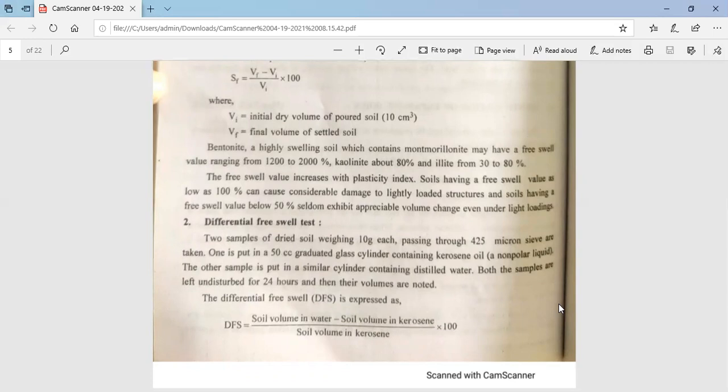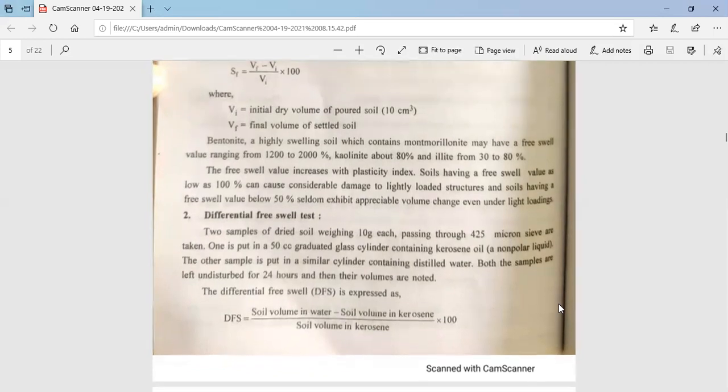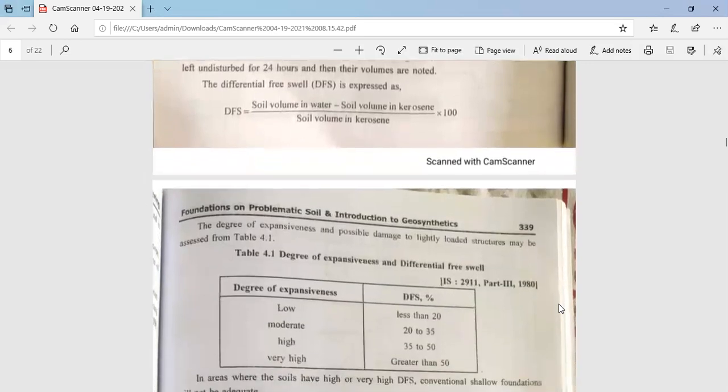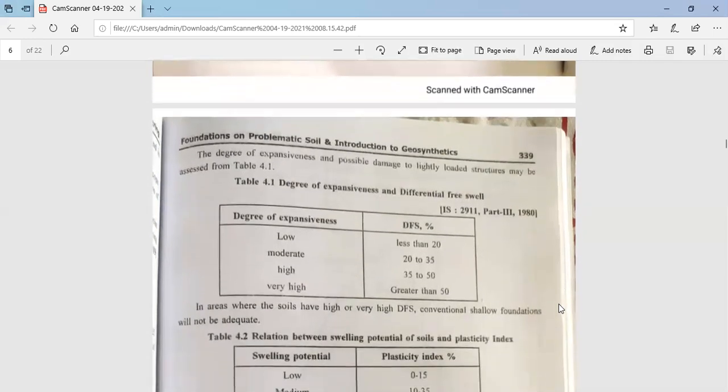Both the samples are left undisturbed for 24 hours, and then their volumes are noted. Differential free swell, expressed as DFS, is equal to soil volume in water minus soil volume in kerosene, divided by soil volume in kerosene, multiplied by 100. The degree of expansiveness and the possible damage to lightly loaded structures may be taken from the table below,